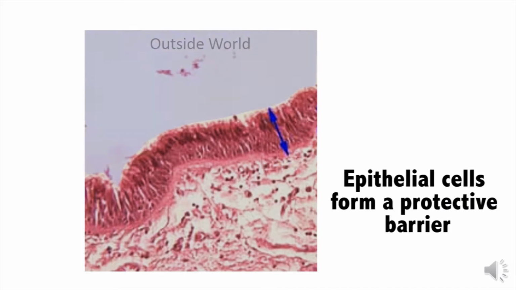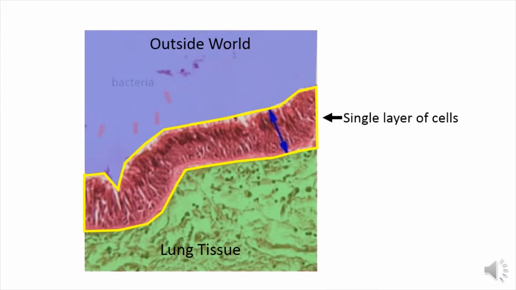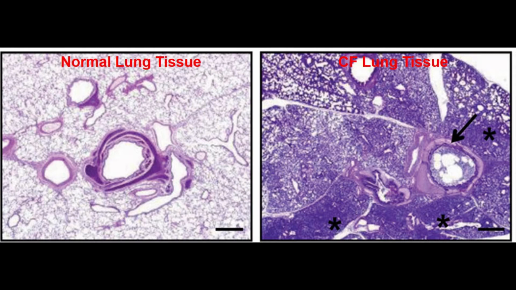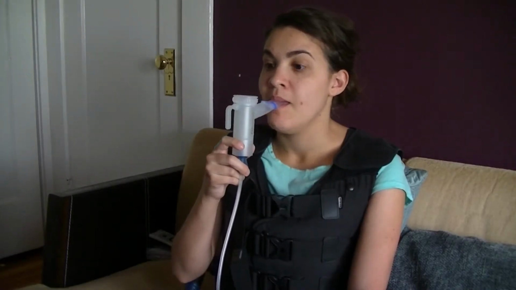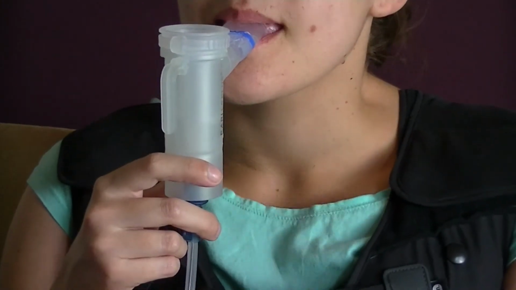Epithelial cells form the barrier between the outside world and the interior of the body. This barrier is critical for defense against microbes like bacteria and viruses, as well as for communication between the tissue and the outside environment. For people with cystic fibrosis, the disrupted function of CFTR in epithelial cells can lead to disease in several parts of the body, especially in the respiratory system, where chronic bacterial infection and hyperinflammation lead to